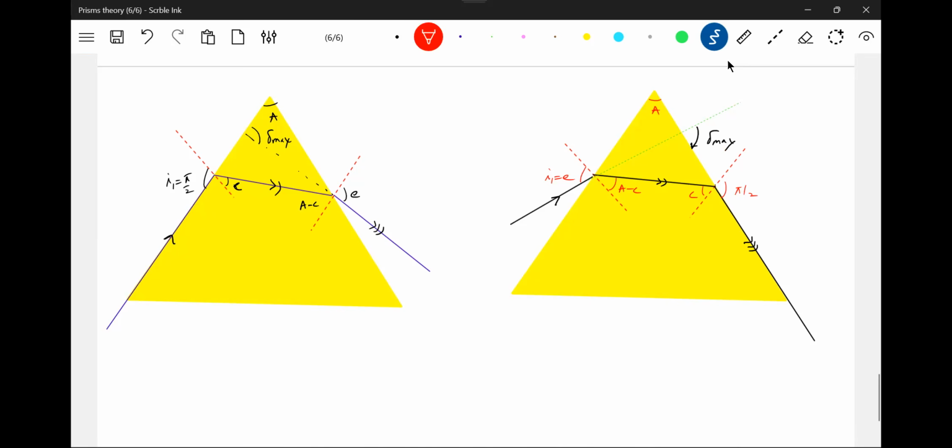So for grazing incidence, and here grazing emergence, the deviation will be maximum. For grazing incidence, deviation is maximum. For grazing emergence,